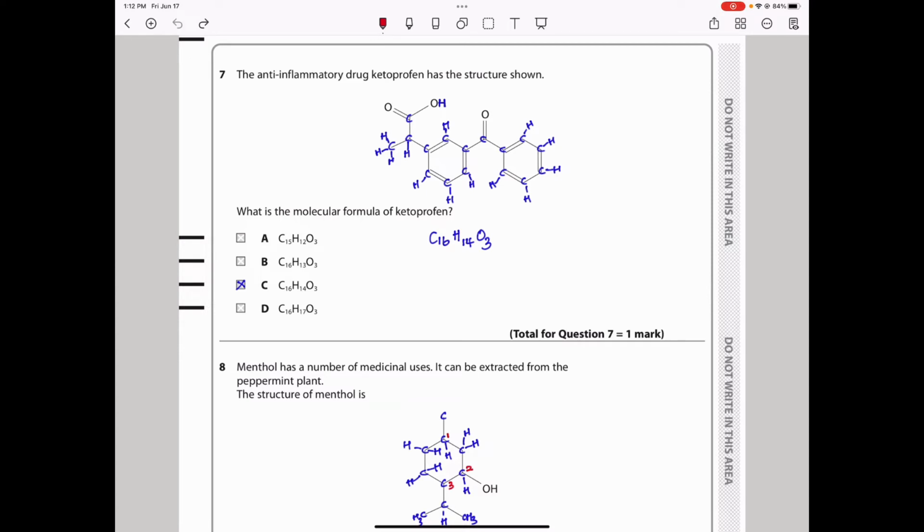We begin by counting the carbons. 1, 2, 3, 4, 5, 6, 7, 8, 9, 10, 11, 12, 13, 14, 15, 16. So there are 16 carbons. And then I'll go to the hydrogens. 1, 2, 3, 4, 5, 6, 7, 8, 9, 10, 11, 12, 13, 14. And I'll go to the oxygens. 1, 2, and 3. So this gives us the molecular formula, which is C